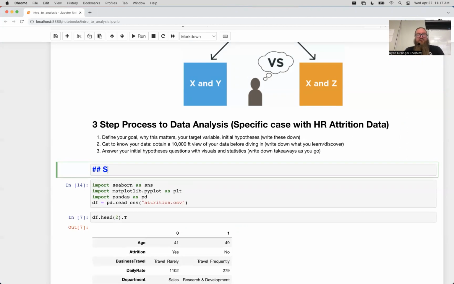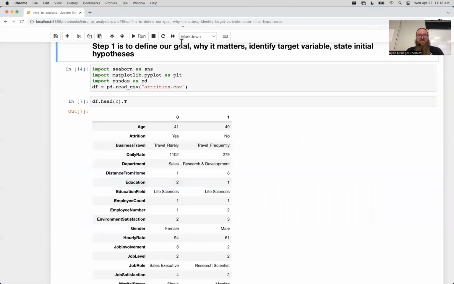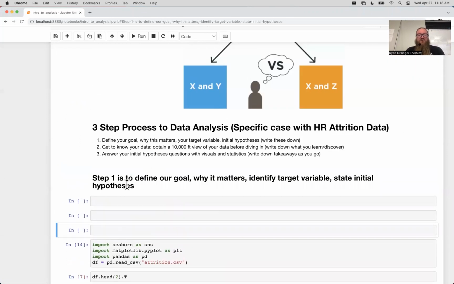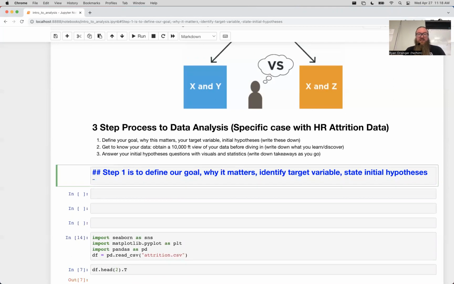So step 1 is to define our goal, why it matters, and target variable, identify the target variable, and state initial hypotheses. So let's dig into this a bit. And as we move through this, we're going to have a collaborative discussion. So in step 1, I'm going to tell you that our data set is